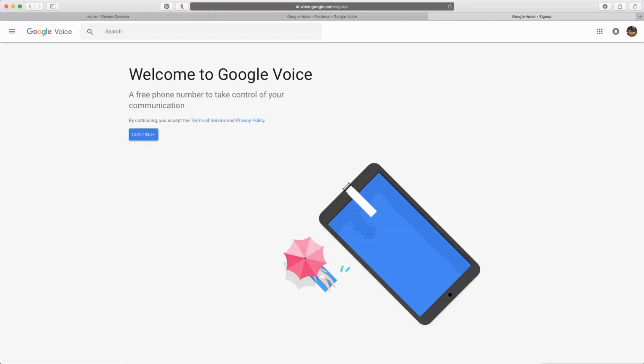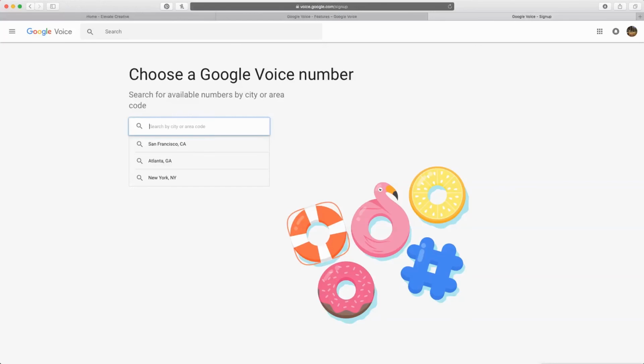Once you're signed in, you're going to see this page here. It says Welcome to Google Voice. You can click on Continue. You can check out the TOS and the privacy policy if you wish. Pretty similar to Google's. And then you're going to enter in your city,